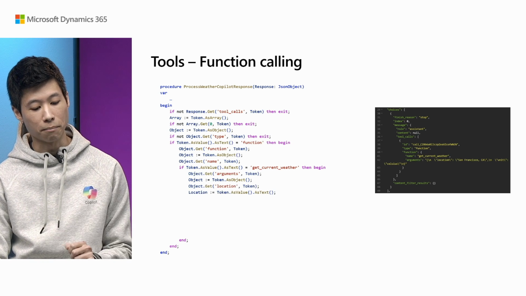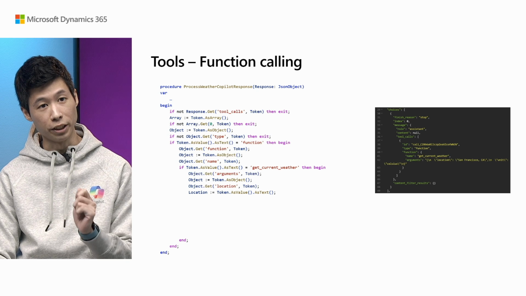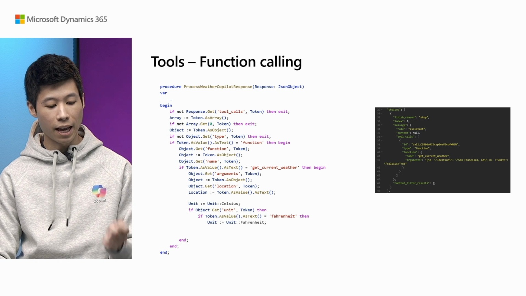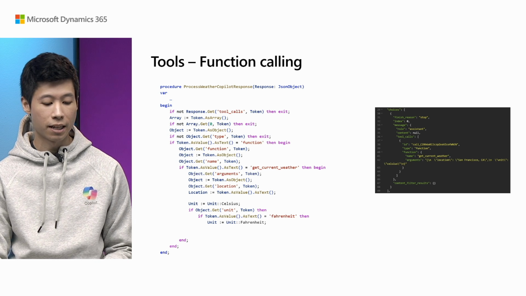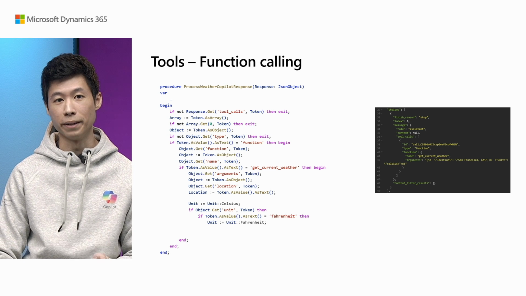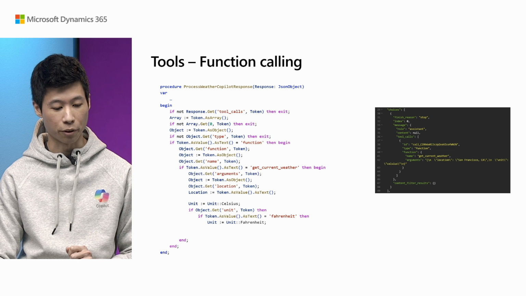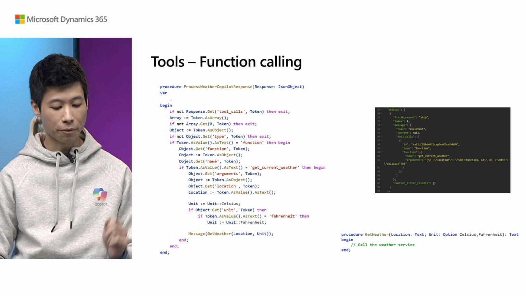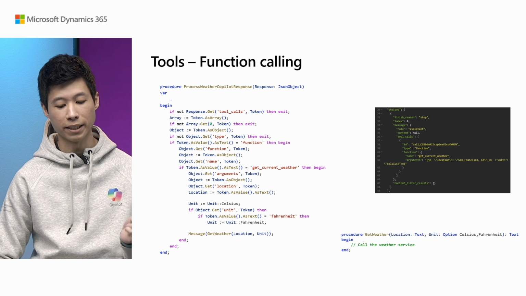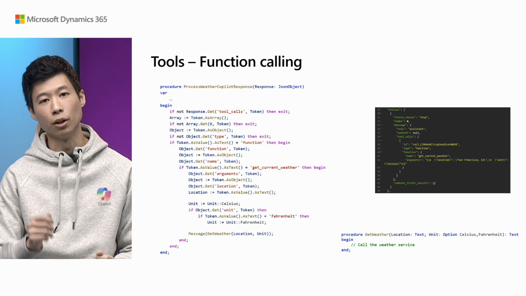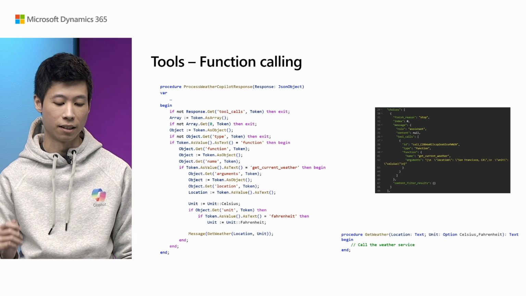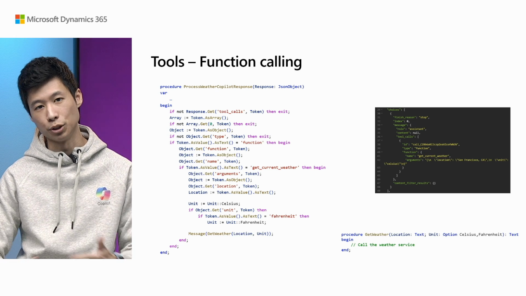So from there, I take out my location. I know it is required, so it should be there. And I set the unit to be Celsius by default, because I do not know if it's actually going to be there, as I did not specify that it should be required. And from there, I create a function that basically calls getWeather and puts in the location and the option of the unit. And from there, I do some kind of call to a weather service and return some value.